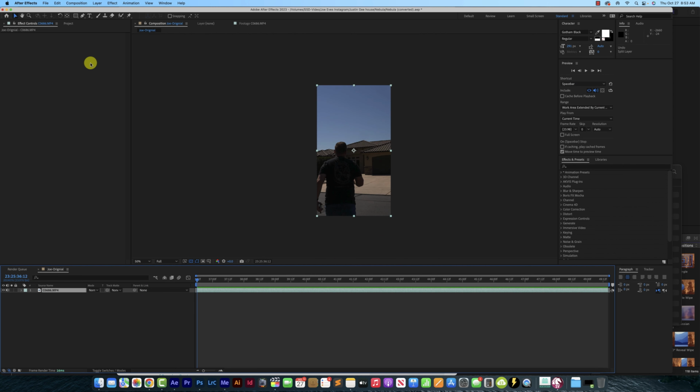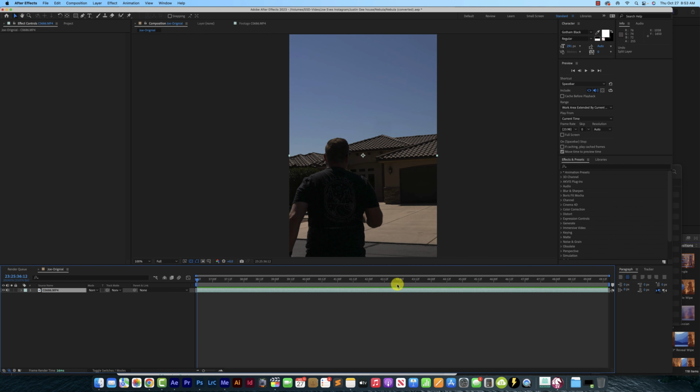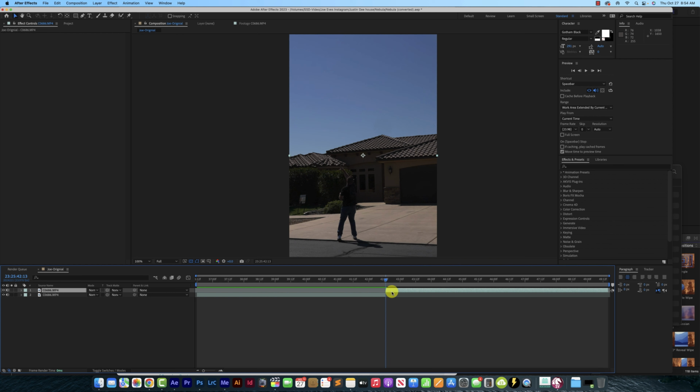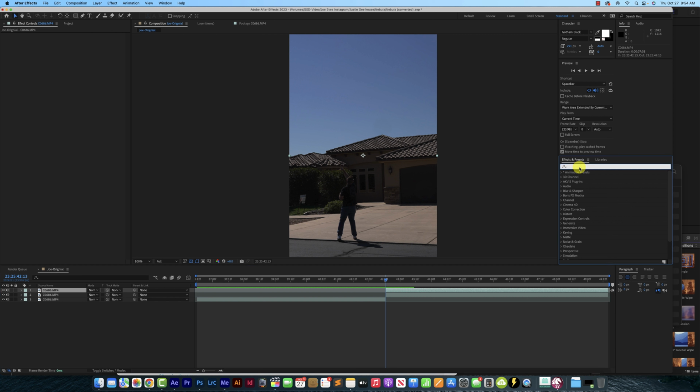So the first thing that I'm going to do is look at my footage and realize, okay, right here when I'm throwing it, basically right there, this is when I want my action to happen and the sky to replace. So I'm going to do Shift Command D to cut it, and then hit Command D to duplicate the layer. So now that I've done that, I'm going to go into my effects and presets,